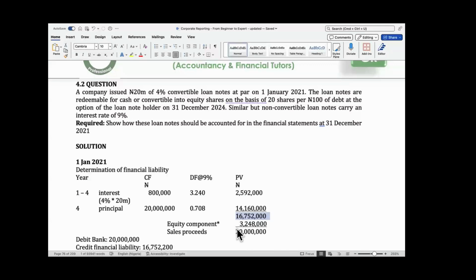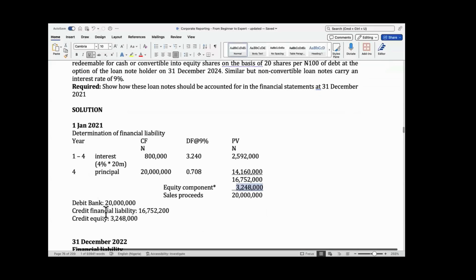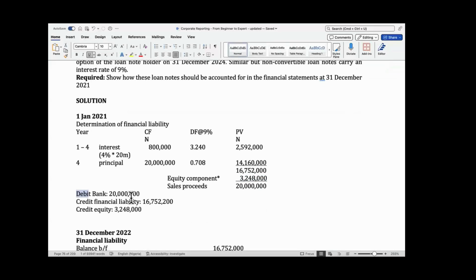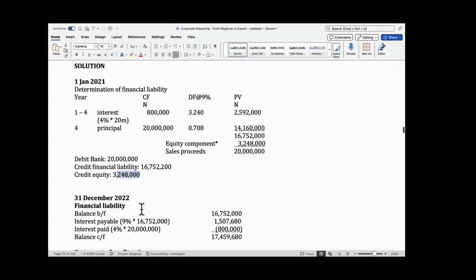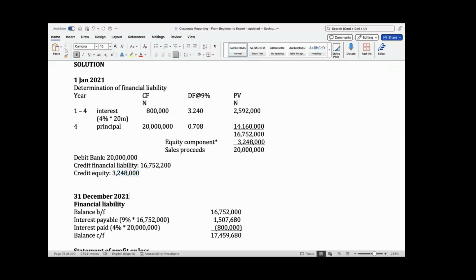By the time you take that away from what we borrowed of 20 million, the balance of 3.248 thousand is the equity. That is, on the date we borrowed money, we simply debit bank with what we borrowed. We credit liability with 16.7. We credit equity with 3.2. So at the end of the year, not 2020, yeah, 2021, at the end of 2021,